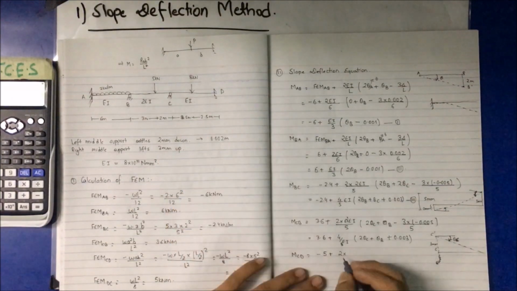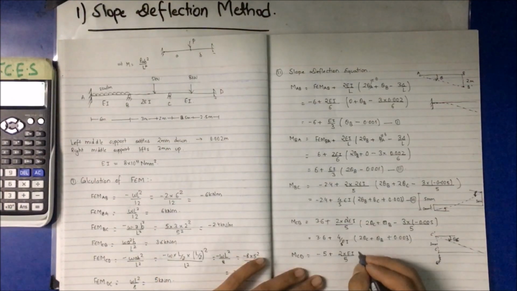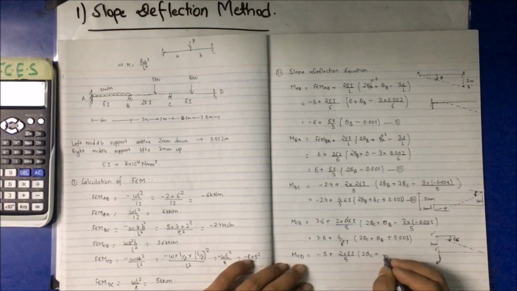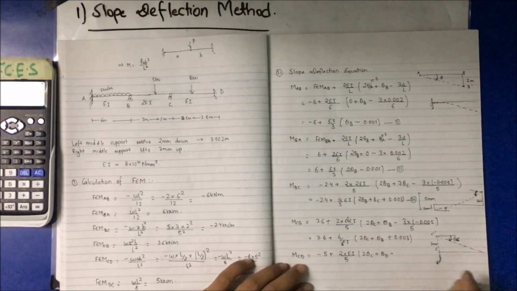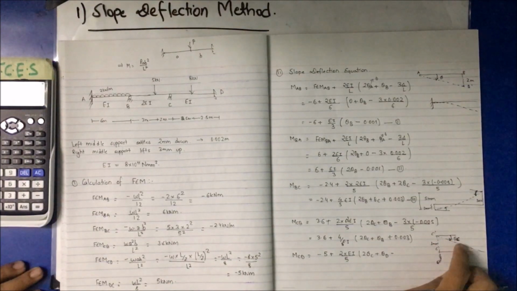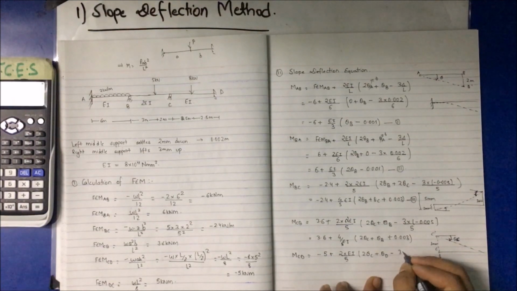For this, EI is constant, that is EI only, so 5 meter, 2 theta C in the preceding, so 2 theta C plus theta D minus 3 into, this is clockwise, okay,